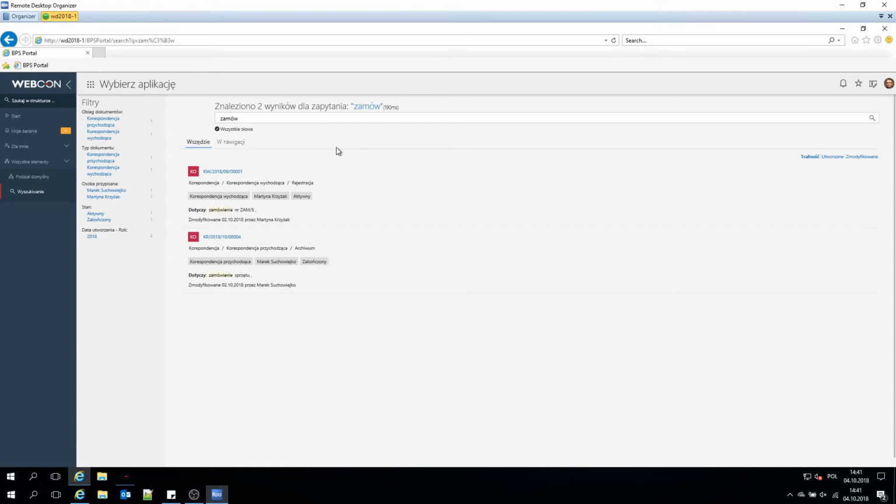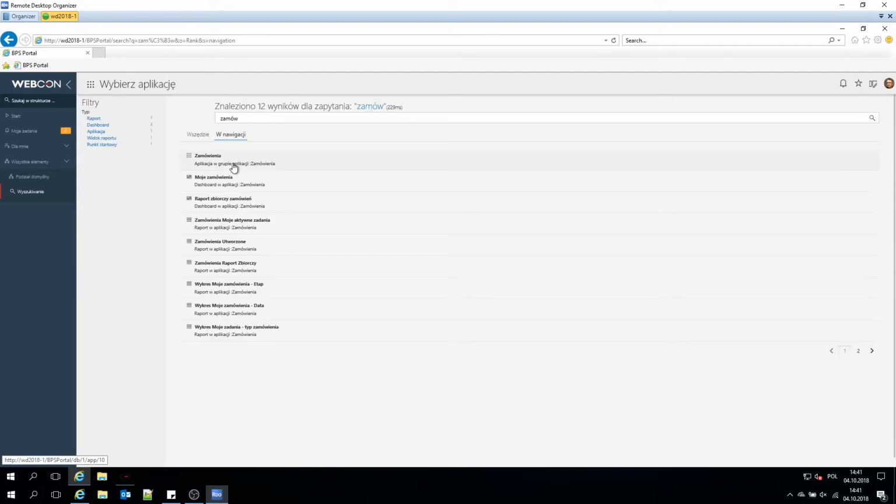You can also search through metadata, that is names of the processes, attributes, applications, reports, and you may also search through the values of the particular documents used in processes, that is the values entered by particular users in particular attributes. The left-hand side panel is also a good option where we can filter